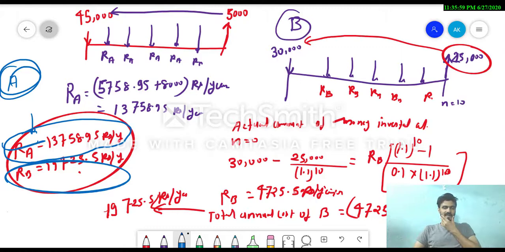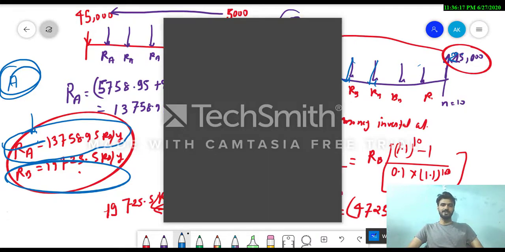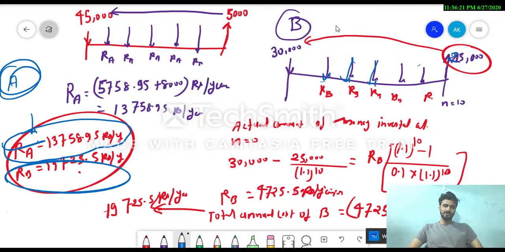Okay, so here in this question what we have seen is that there was another additional piece of information given, the annual operating cost, and there was also a salvage value of 25,000 rupees that was given. On the basis of that, we calculated the present value of the salvage value, and from there we calculated the annualized cost for project B. Okay, so I think these two numericals are very important from our GATE point of view.